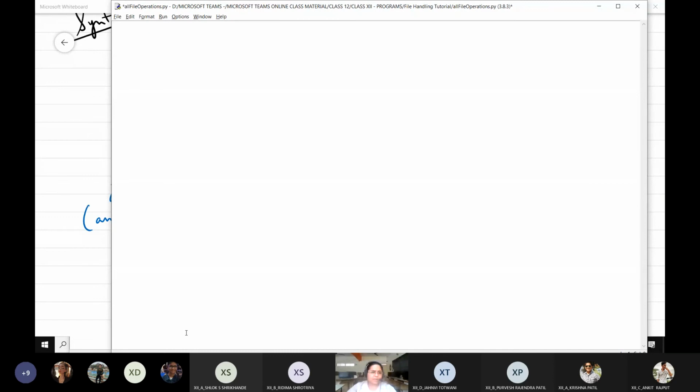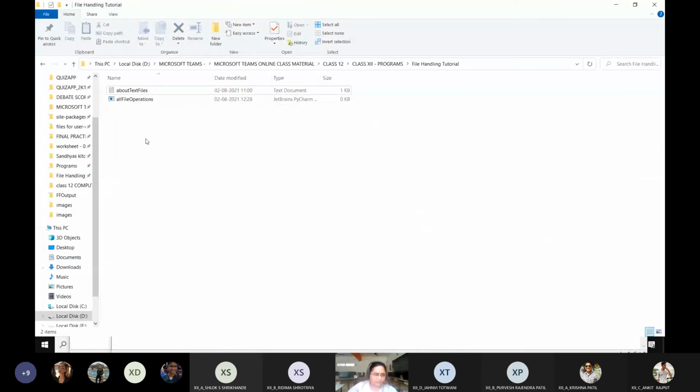So which file am I going to open? First you can see over here, this is my program and this is the file. And you can see both the program and the file are in the same location. So first of all, you have to make sure, just like if you remember students in class 10, we used to do HTML. And I always used to keep repeating that both your HTML file and the image file should be in the same folder. If you remember that, right? So here also you have to make sure that your Python program and the text file both have to be at the same location. Okay.